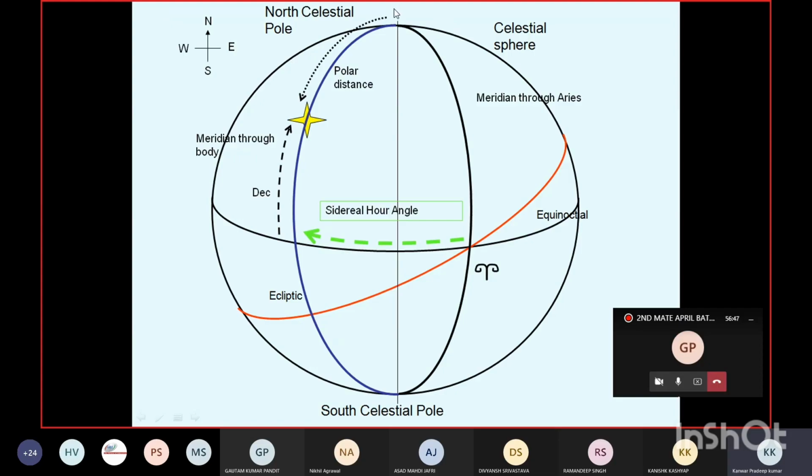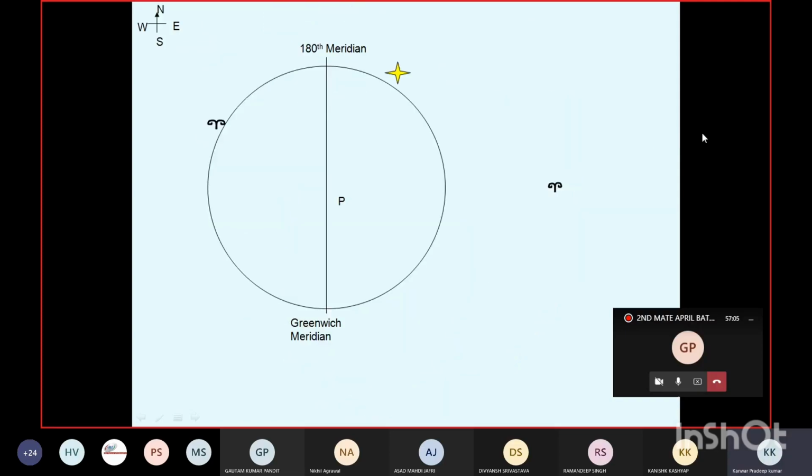So my vision is bounded by this equinoctial. I'm seeing from the top and I'm just seeing a circle. Don't imagine any lines so far. From the pole at the center, if I draw one line through the meridian of Greenwich,